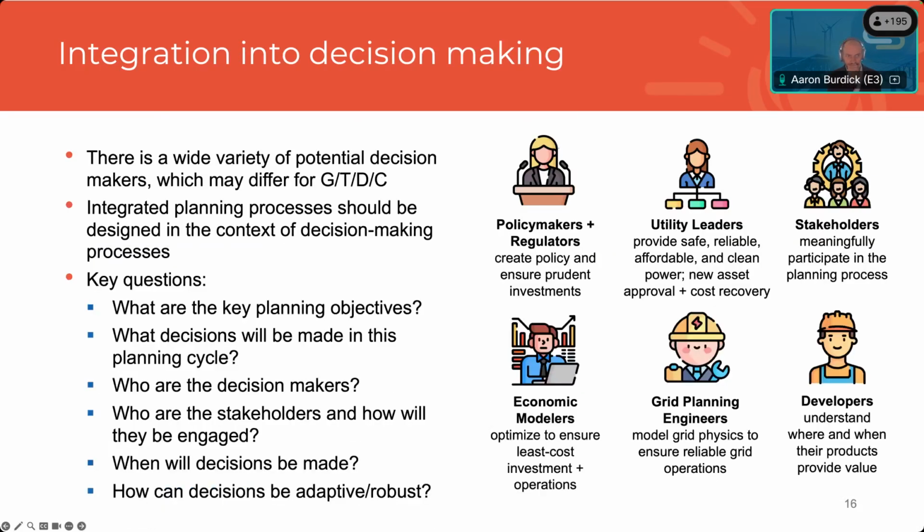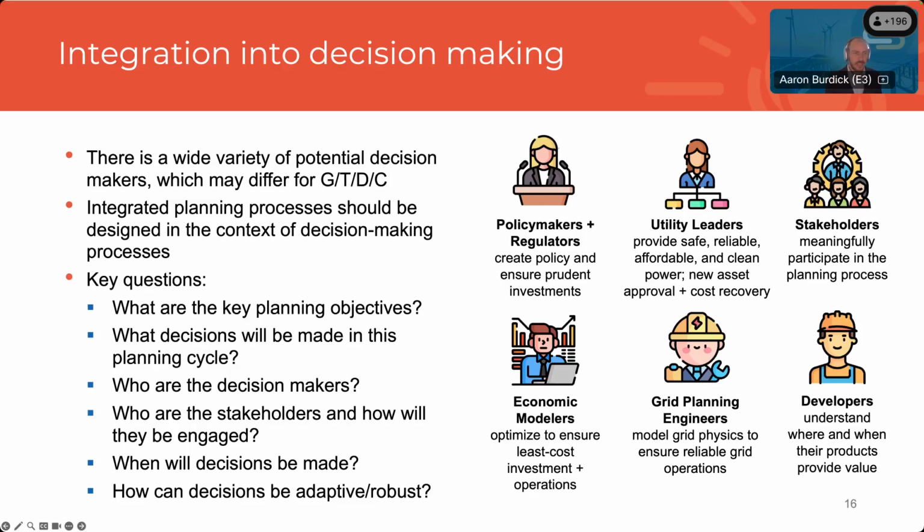And then lastly, integration into decision making. On the right side of this slide, you see a lot of the stakeholders that are involved in the planning process or in the decision making process. First off, want to recognize there's just a wide variety of folks who want to engage in planning processes. And there may actually be different decision makers for different planning domains. You can think of who's going to decide about the transmission investments that could be at a federal level of jurisdiction versus the distribution system investments that may be regulated by a state utility commission.